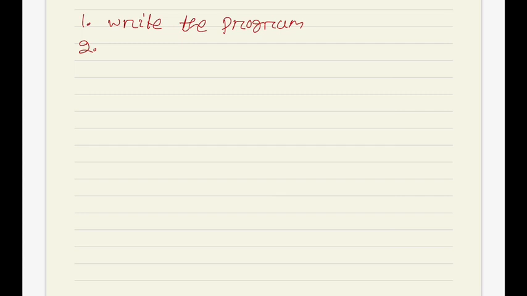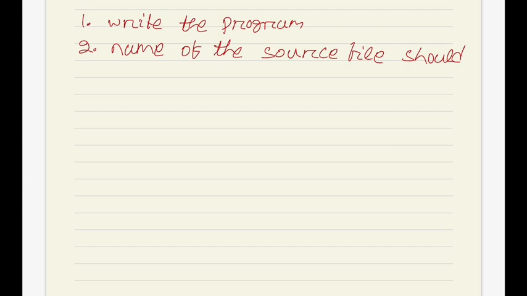In this example, the name of the source file should be test.java, because the name of the main class should match the name of the file that holds the program.